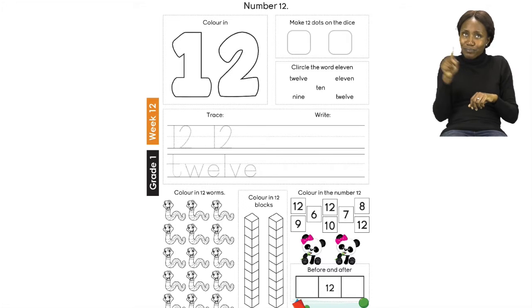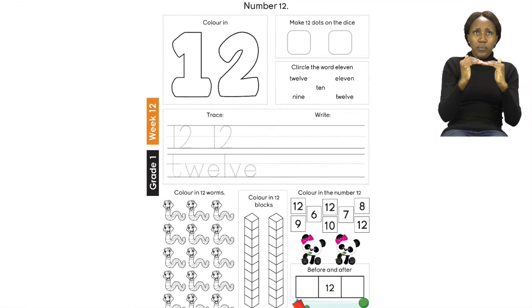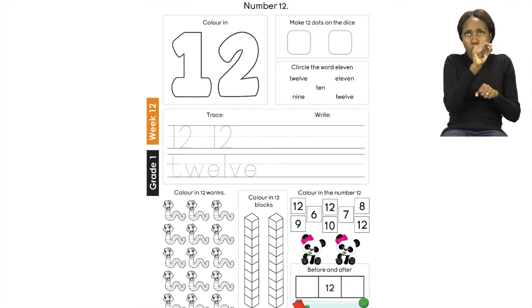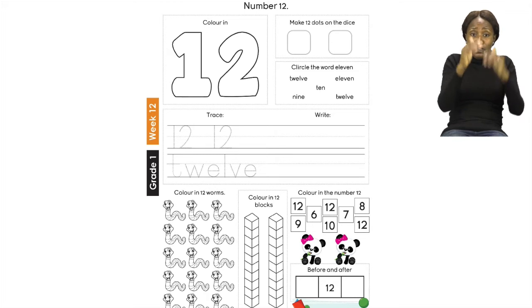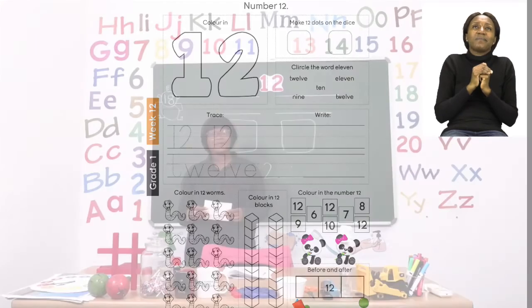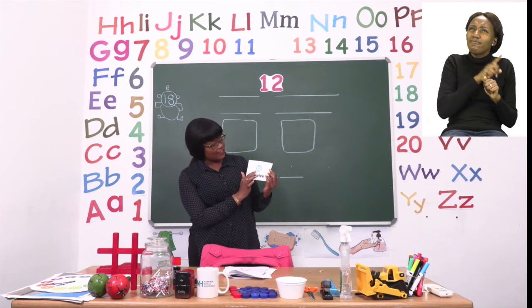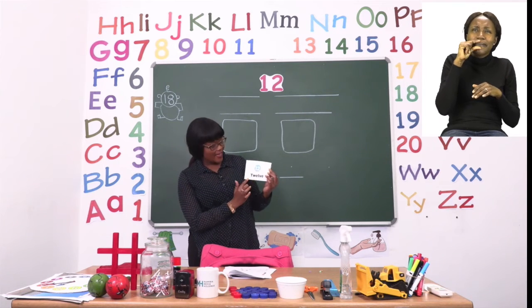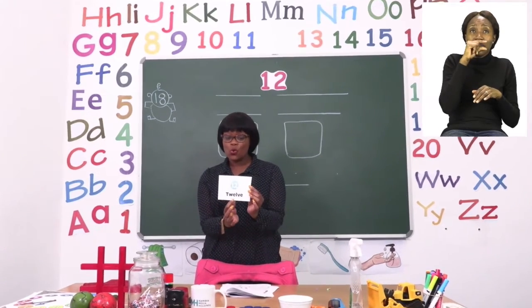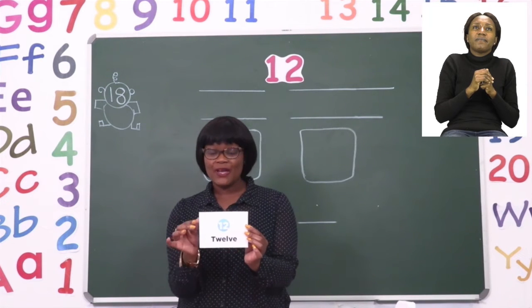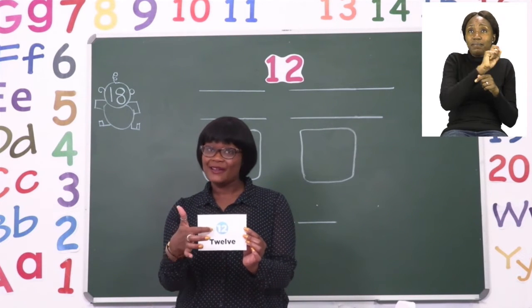And then after that, you are going to trace the number 12 as well as the name 12. Then after that, we will continue together. But for now, let's start by tracing. Now before we trace, boys and girls, I want us to see what the word 12 looks like. It has a 1 and a 2, and this is how we spell it. 12. So we're going to write the name and the number as well.